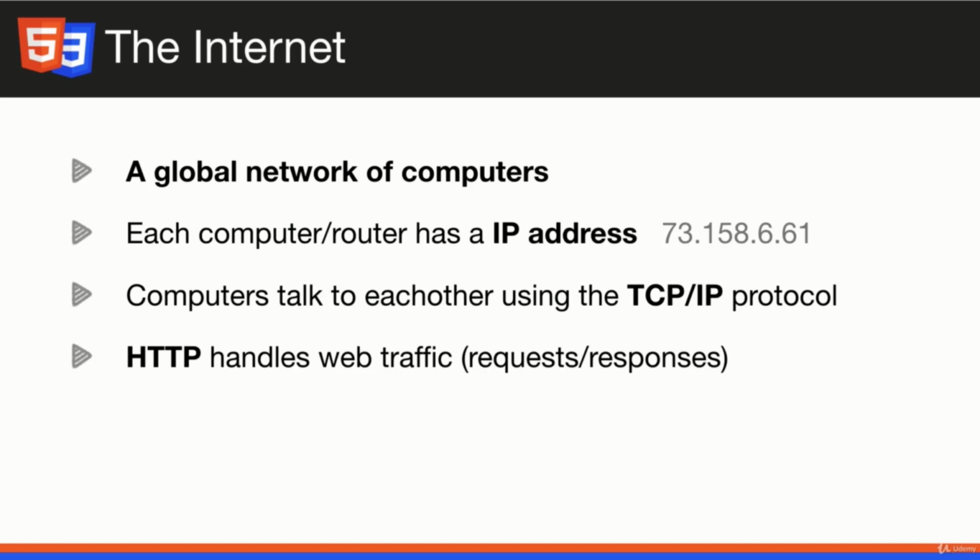And these IP addresses, they're assigned to you by your internet service providers, and they're usually in the form of 4 numbers with dots in between, just like this here. Now, this is a version 4 IP address. There's also version 6 IP addresses that are much longer, and these were created for when we run out of version 4 IP addresses. And you can actually go to Google and just search "what's my IP," and you'll find different sites that will actually trace it and show it to you